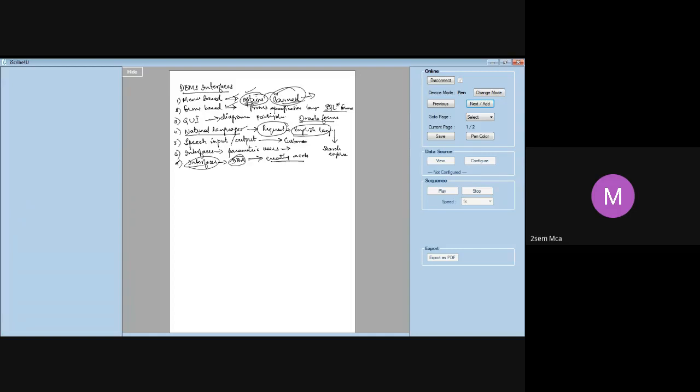Any doubts? Are you all there or not? Ma'am, do we need to explain the interfaces or just mention them? No, you have to explain. You cannot simply mention. Simply mentioning will not fetch you any marks. You have to explain at least a little. That's why I said, if you keep all these interfaces in mind and list them out, you can explain them in your own words. Menu based, nobody needs to explain. You can write it in your own words. You know what is menu based, so it is easy for us to write. Yes, ma'am.